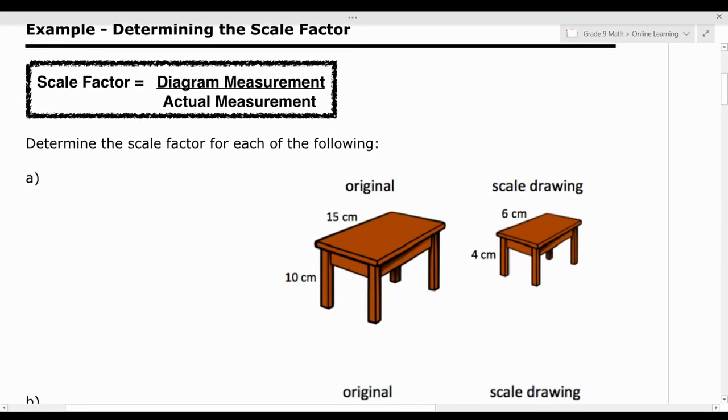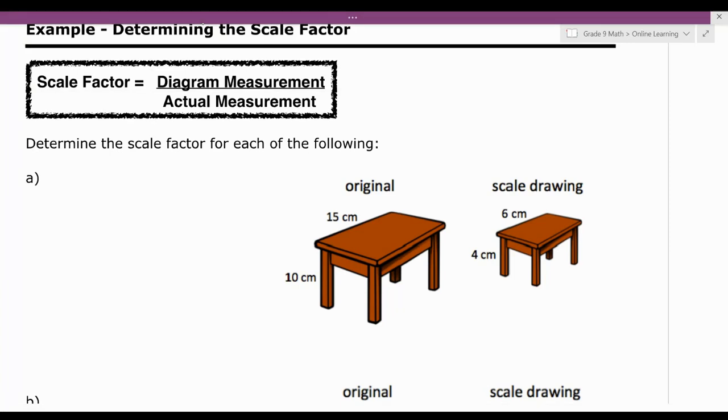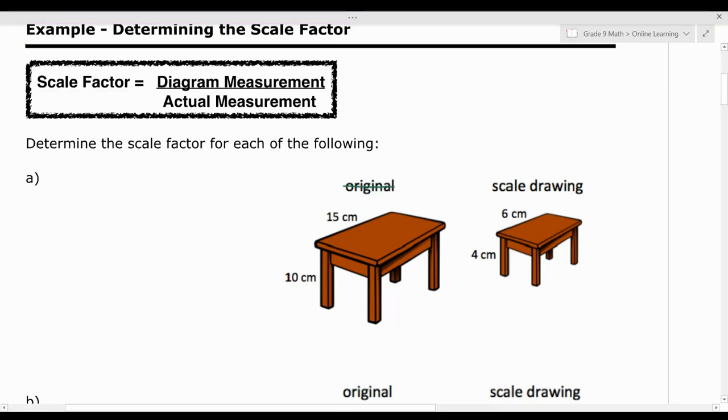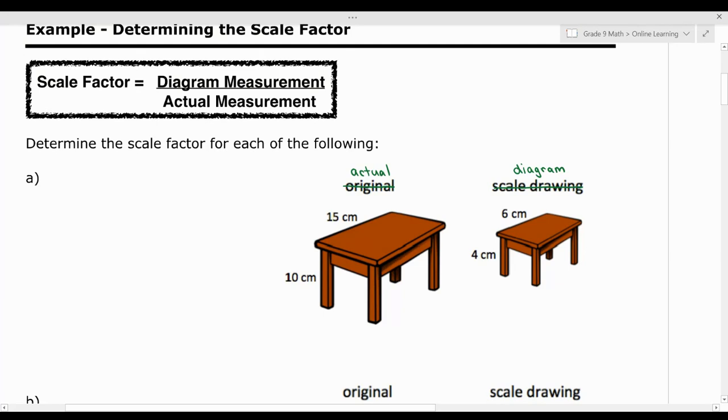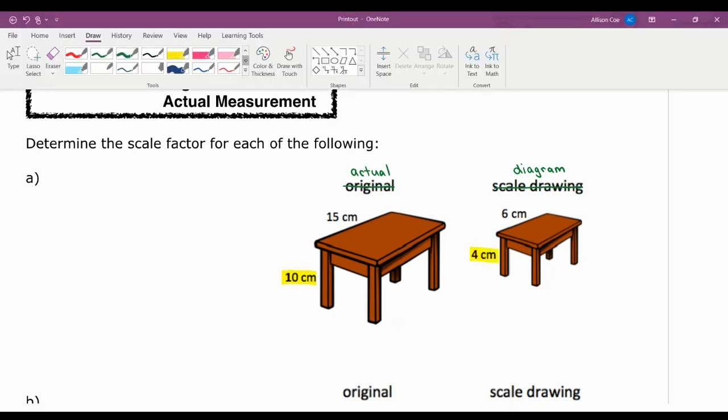So question A here, we have two tables. So we have the original table. Okay, so when we're talking about the original table, we kind of say like this would be like our actual. And then we have the scale drawing. Well, we're kind of calling this our diagram. Okay, so keep in mind, sometimes a question will have it labeled slightly different. So if I want the scale factor, I'm going to have to compare some of the dimensions. So it doesn't matter, I'm going to focus on the height. This has a height of 10 centimeters. This has a height of 4. So if I want the scale factor,